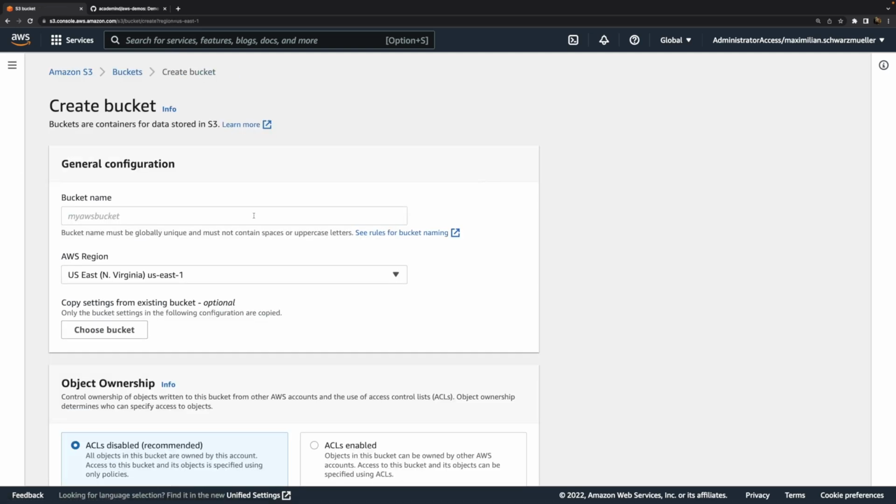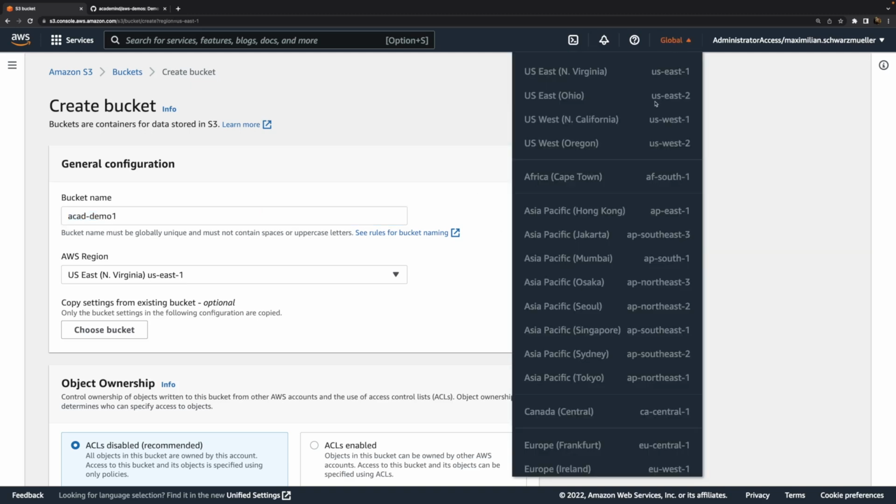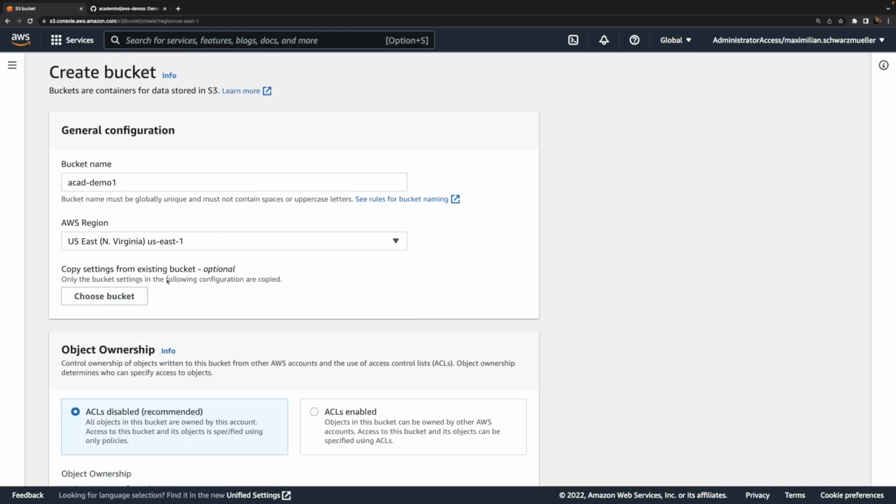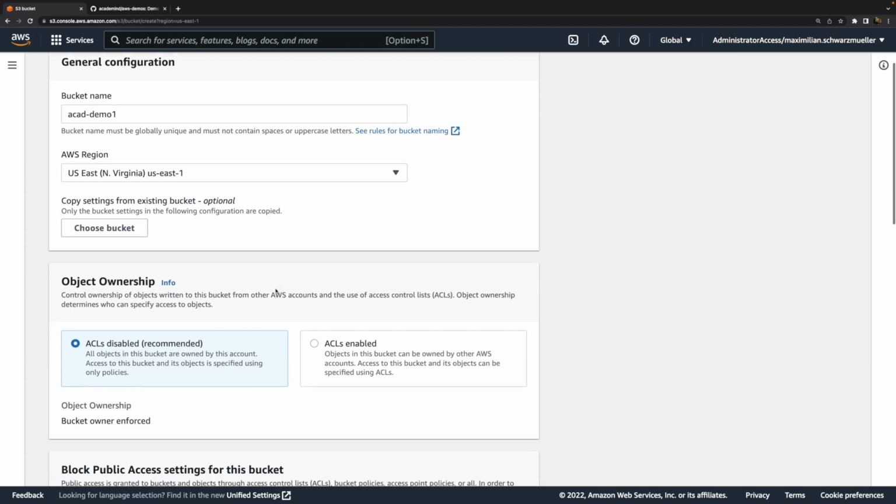Now here, I'll create a brand new bucket and give it a name of ACAD-Demo1. And this name must be unique across all AWS accounts, so you might need to try a couple of names until you find a unique one. Typically, if you include your personal or company name, you have a higher chance of generating unique bucket names. And it's also a global service here. You don't pick a region in the top right corner, but you do pick a region here then. So it is a regional service, but you don't use the selection up here, but instead this drop down. So that's where this bucket will be created and where the data will then be stored.